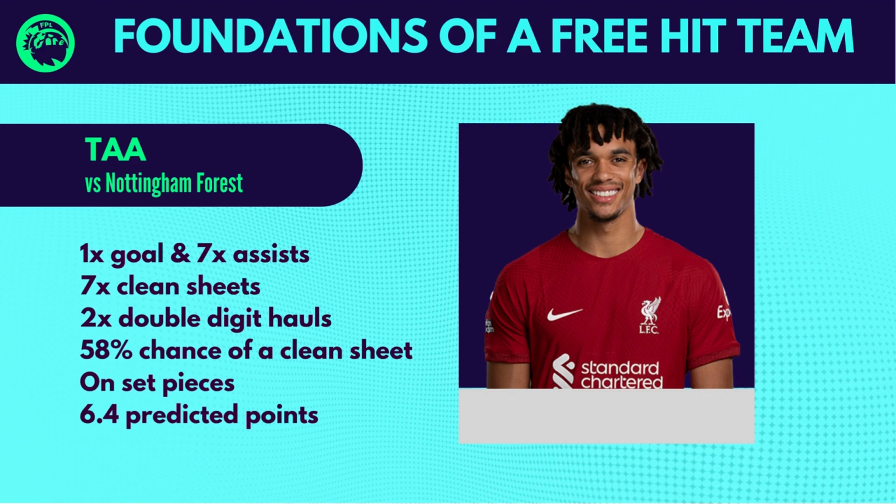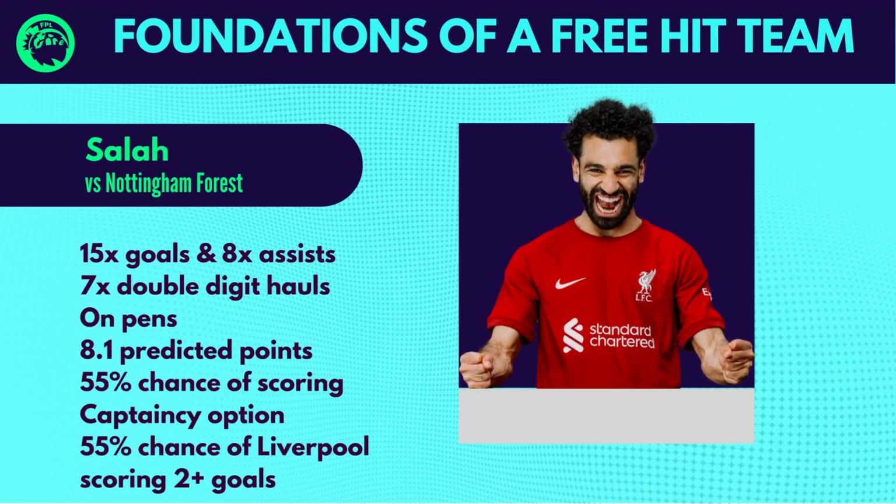He's got a predicted point score of 6.4 points, so he's locked into the team. I'll be attacking Liverpool's home fixture against Forest, with Mo Salah earning a spot in midfield. He's already got 15 goals and 8 assists this season, which has led to 7 double-digit hauls. He's on penalties, and with a 55% chance of scoring this weekend, he's got a predicted point score of 8.1